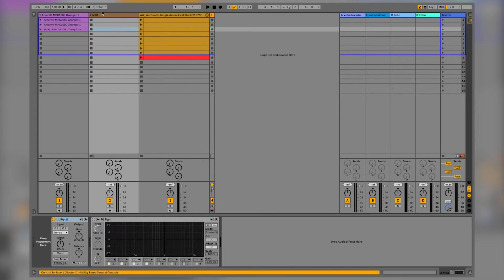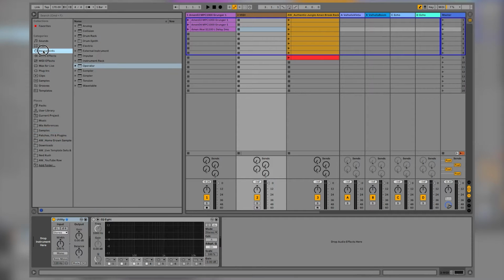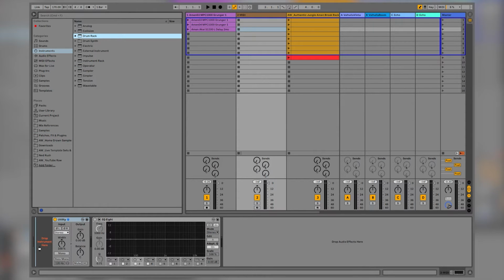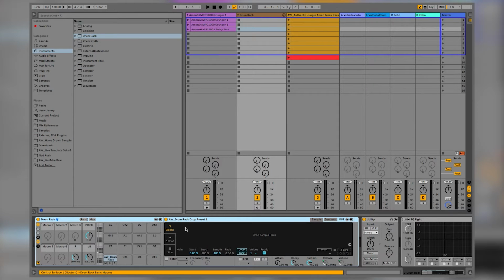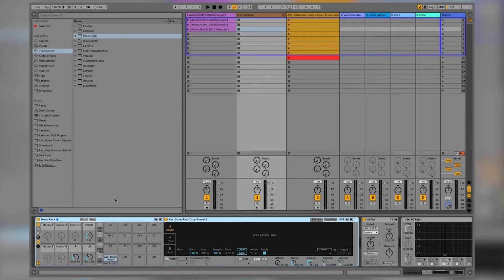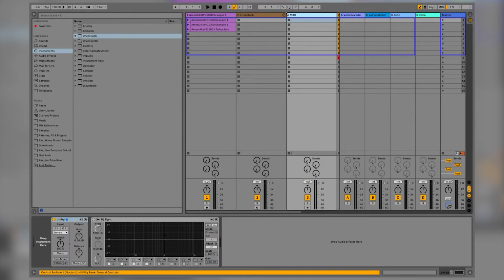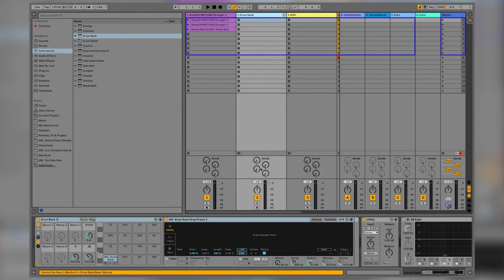Here's one I made earlier, and I'm going to demonstrate again with a drum rack. So we're going to go to instruments, we're going to pull in a drum rack. This is my preset that I have saved here, so that whenever I pull a drum rack onto a MIDI channel, it's going to load it in like this. So this is really handy. I can just drop my break in and it's ready to go, and I can start chopping it across different